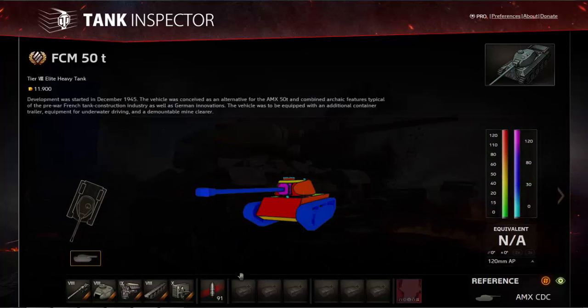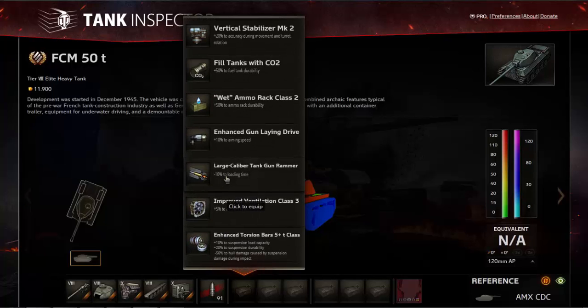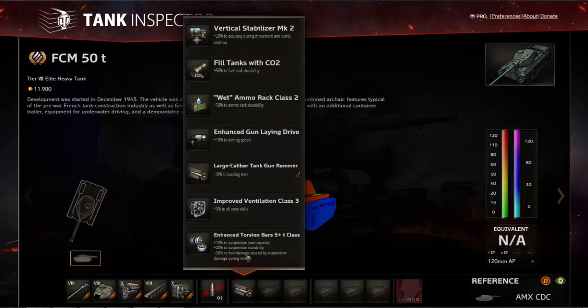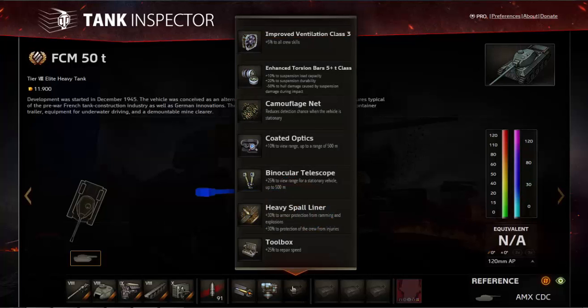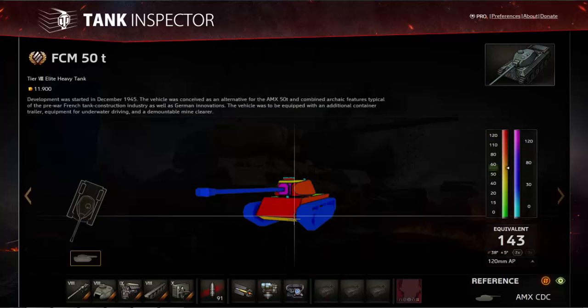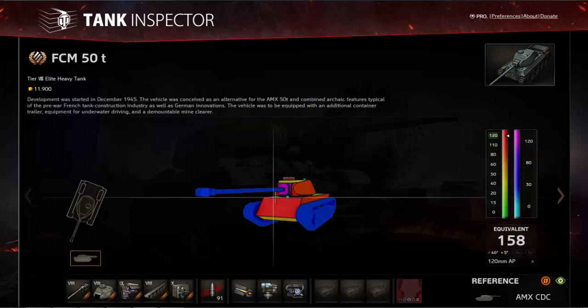Now, if you look into the equipment for this tank, as always on any tank in the game, a gun rammer and a vertical stabilizer are a must. And for the third slot, you can either go with optics or vents. I prefer optics because this tank kind of relies on long range support, because the gun is accurate. It has very high penetration at 212, and it